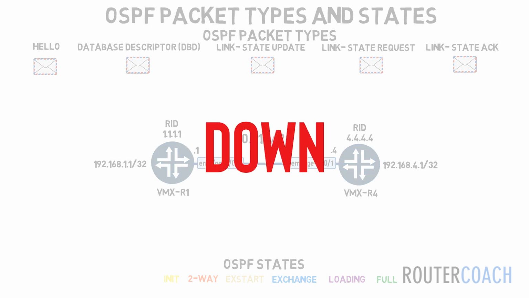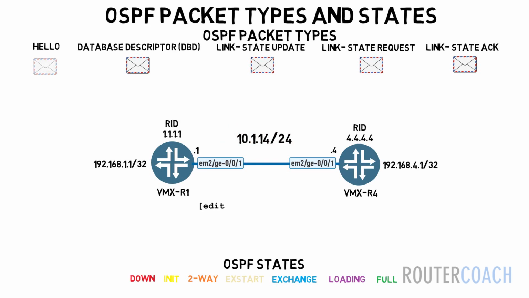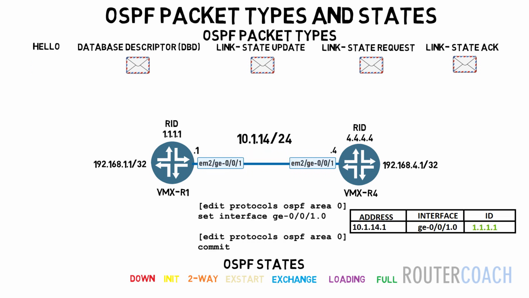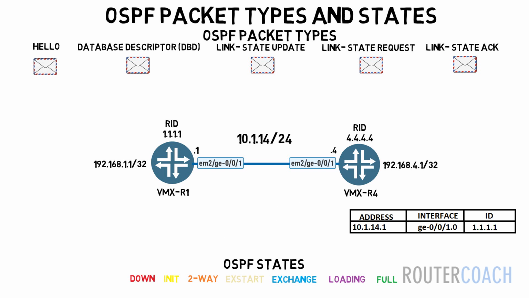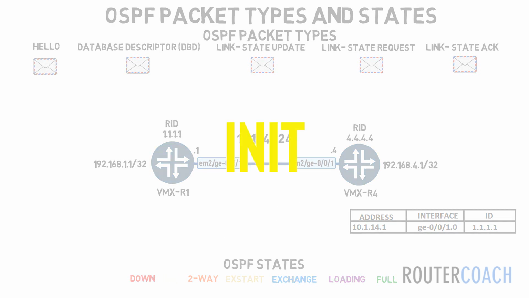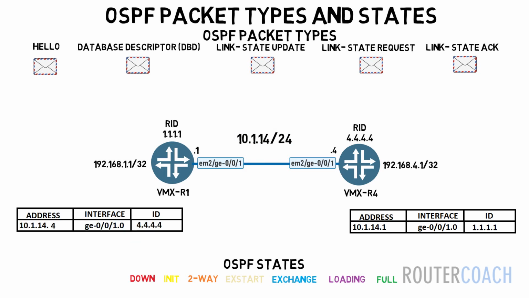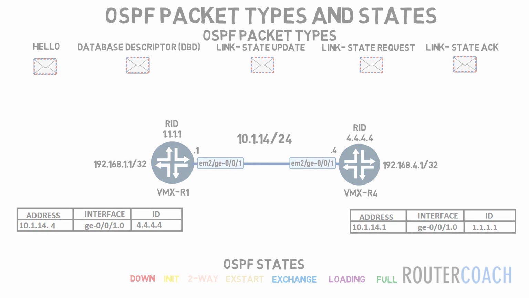When R4 is configured for OSPF, it is able to receive the hello packet and registers R1's RID in something called the neighbor table. This is when the routers go into the init state. R4 now knows R1's RID and address and no longer needs to communicate by multicast, so it sends its own hello containing R1's RID and its own RID to R1's unicast address. When R1 receives this hello and adds R4's RID to its own neighbor table, the devices can transition to the